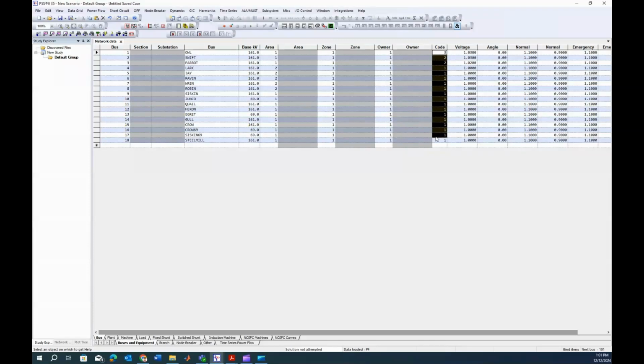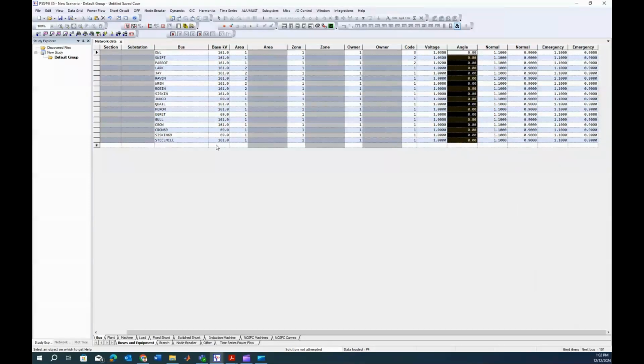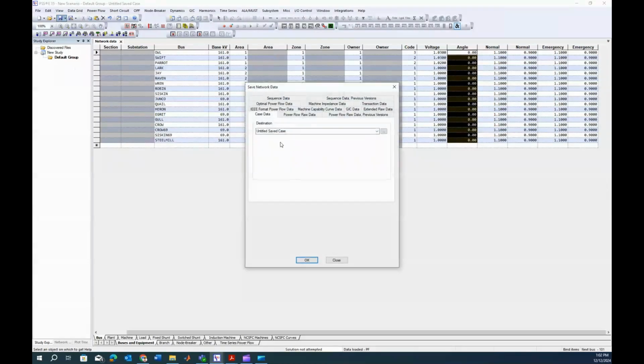For bus code, the first bus we have taken as the slack bus, that is 3. Second and third are generators, the rest are loads. And we gave voltage values for all the 3 generators, even if it is a slack bus. We haven't edited anything on the angles. The rest of the information we will not be modifying anything. We can keep it as is. So to save that case,